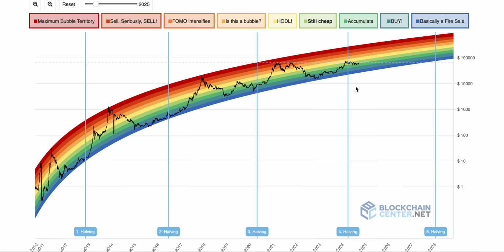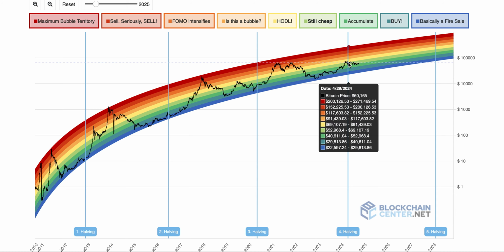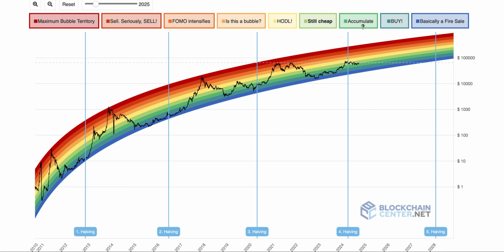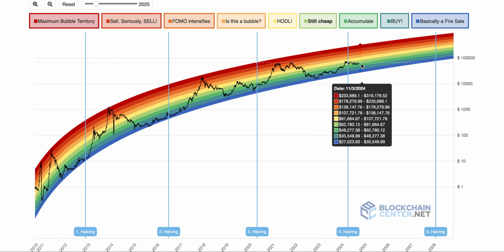And as far as the Rainbow Chart is concerned, you guys can see here that since the halving, we've just been going down. Now, we did get into the accumulate zone, and as far as, I'm just going to put it out a week or two, as far as that accumulate zone, it shows a low of 48K, it says 47.8. You can look at that teal box on the left. And the next zone up, the still cheap zone, if we get back in there, shows a range between 62 and 80K. So anywhere between 48 and 80K in the near term, I think, is to be expected.